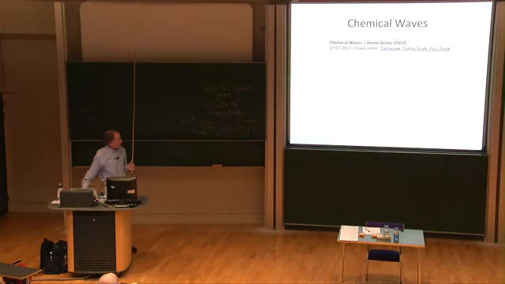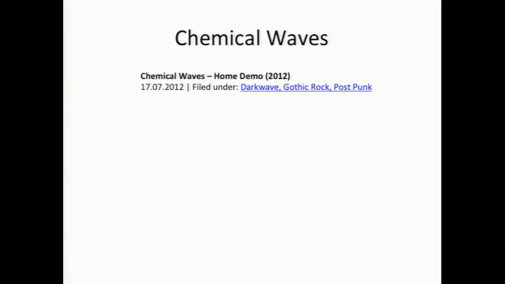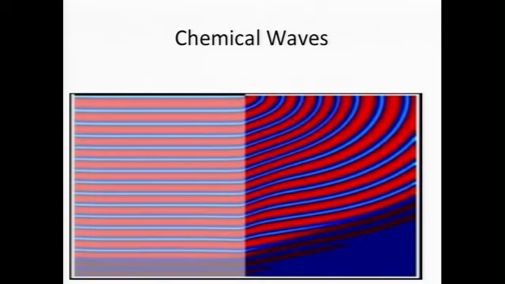Okay. Final example is chemical waves. If you Google chemical waves, oddly enough, the first thing that comes up has nothing to do with physics, but it has to do with dark wave, gothic, and post-punk rock. That wasn't what I wanted to talk about. What I want to talk about was this. In chemical reaction diffusion systems, you frequently spontaneously get wave patterns, and in many cases, these wave patterns actually move. That turns out to be a system that, from a symmetry standpoint, is exactly the same as the other two examples I gave, and therefore should be described by the same hydrodynamic model, which is what I'm going to present